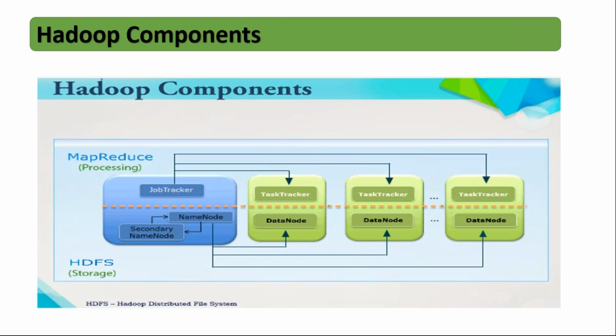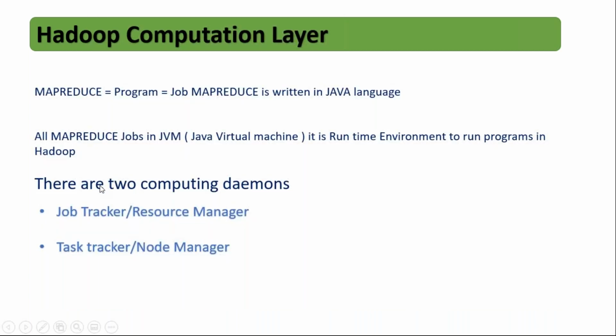So now, finally, we have almost understood HDFS, right? Storage. This is where we started, storage layer. We are discussing Hadoop components, in which storage layer, HDFS, Hadoop distributed file system layer, where we have a name node, secondary name node, data node. Now we are clear about what is name node, what is data node, what is secondary name node, what are the functions of them. So all these things put together is called HDFS daemons. Now slowly we have to move on to MapReduce, computation layer.